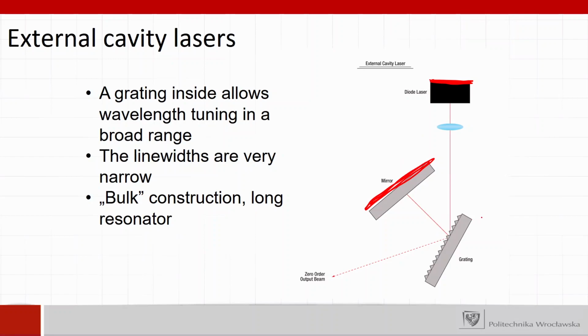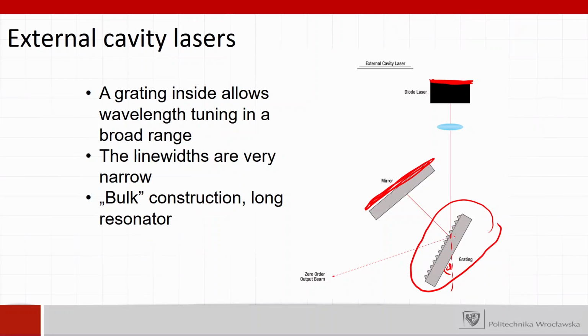In this case, we can place, for example, a diffraction grating inside the laser, and a diffraction grating reflects different wavelengths at different angles. So it means that if we rotate the grating, we can select wavelengths that can exist in this resonator, because we place this grating at a certain angle here,